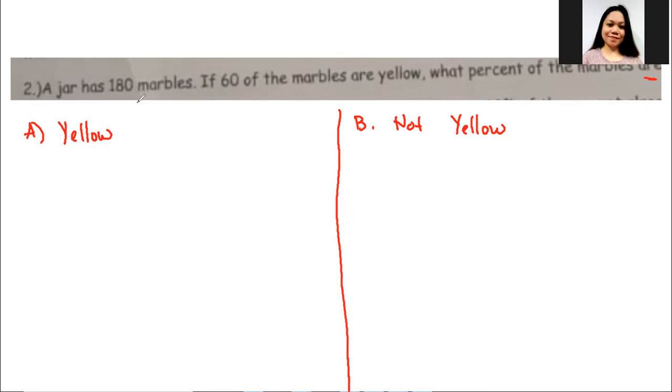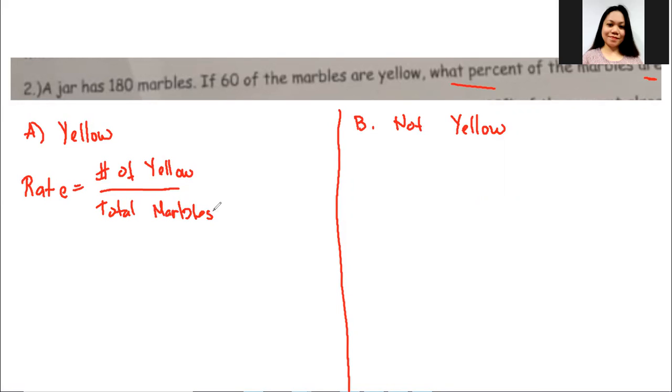All right, so a jar has 180 marbles. If 60 marbles are yellow, what percent of the marbles are yellow? So remember, percent, that's rate, right? So you're looking for rate. So this is the number of yellow over total marbles. Equals, well, how many yellow? You have 60, and the total marbles is 180. That means that's 1/3, so 0.33 repeating. So that means this is 33.3%